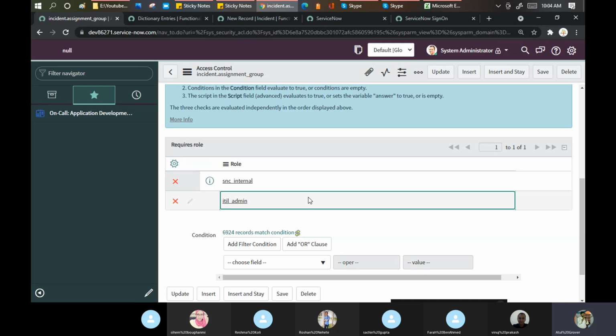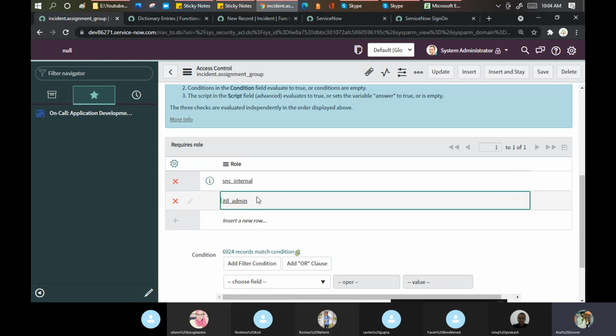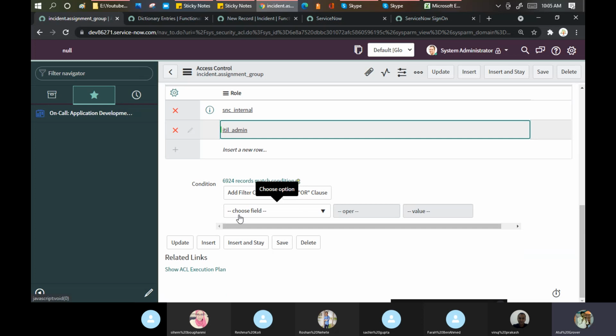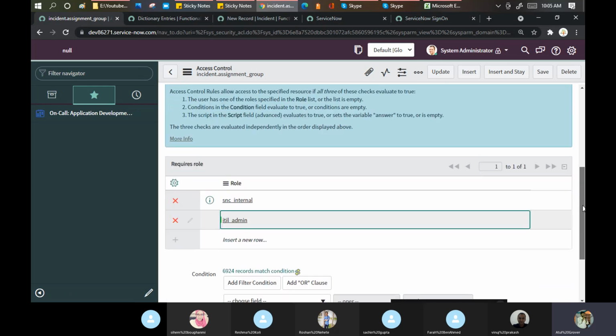And click OK. It means the user who has this particular role can make a change at the record level. That is what you have to put here if you want to put any condition on when he can change, for example when the incident is in the new state, or in the resolved state, or in the in progress state. In those cases, you can put the condition here.